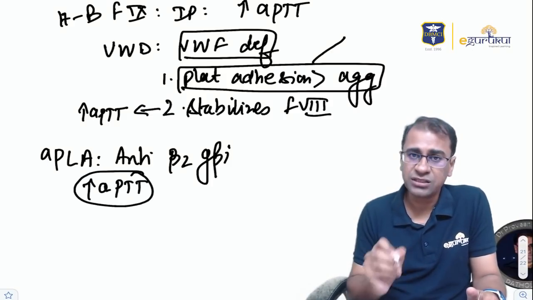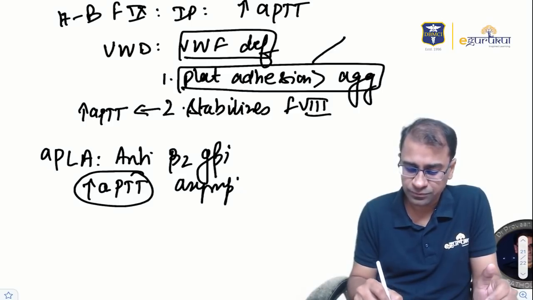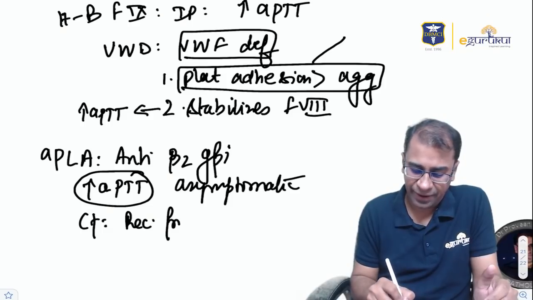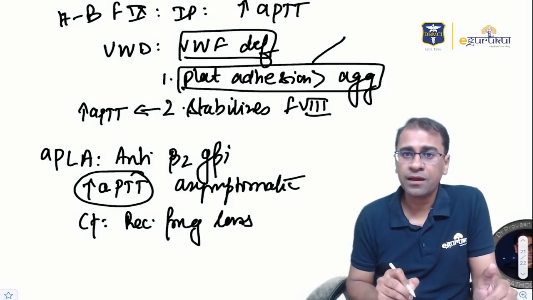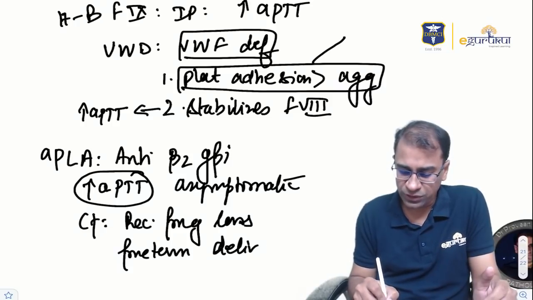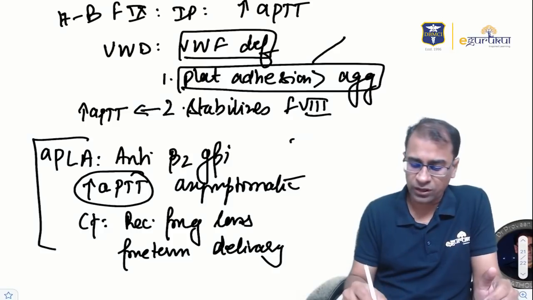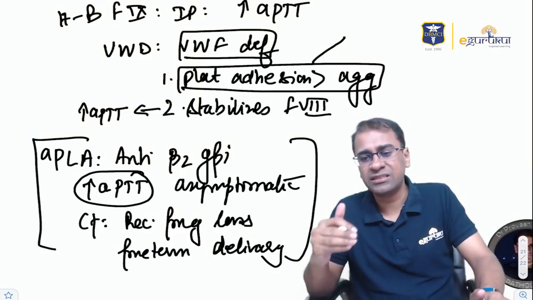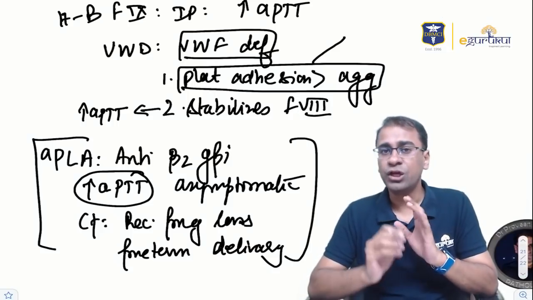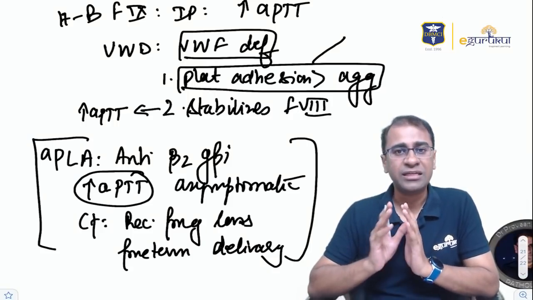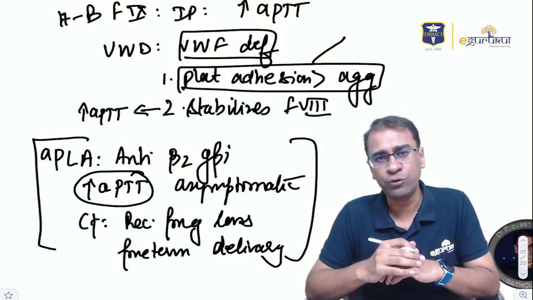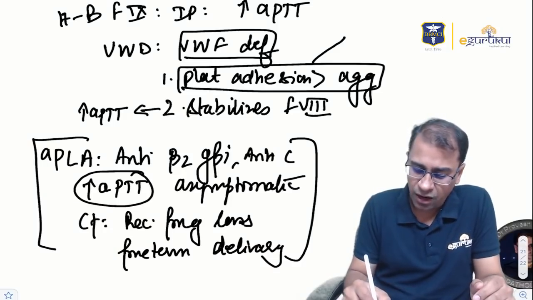But remember, such cases are asymptomatic. But they present as recurrent pregnancy loss. Or they may show you a history of preterm delivery. So with these two history in mind, you can think about APLA, and APLA can also show an increase in the APTT. So finding that you often see in APLA is thrombocytopenia, increase in the APTT, and the antibody you see positive is anti-beta-2 GPI, and can also show you anti-cardiolipin